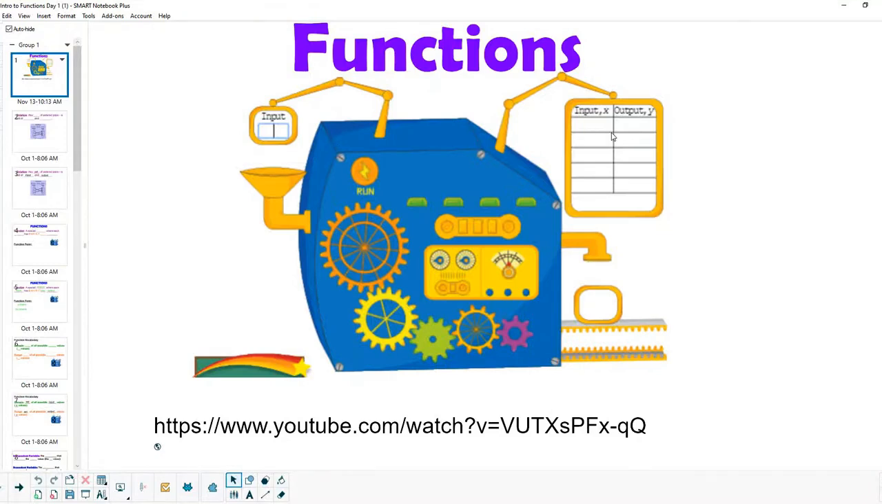Okay, let's get started. Today we're talking about functions. And what do we mean by functions? Well, we've got a nice little video that we'd like to show you that talks about functions in a meat processing plant, a place where you bring in certain products and you produce food. But when it gets right down to it, in mathematics,